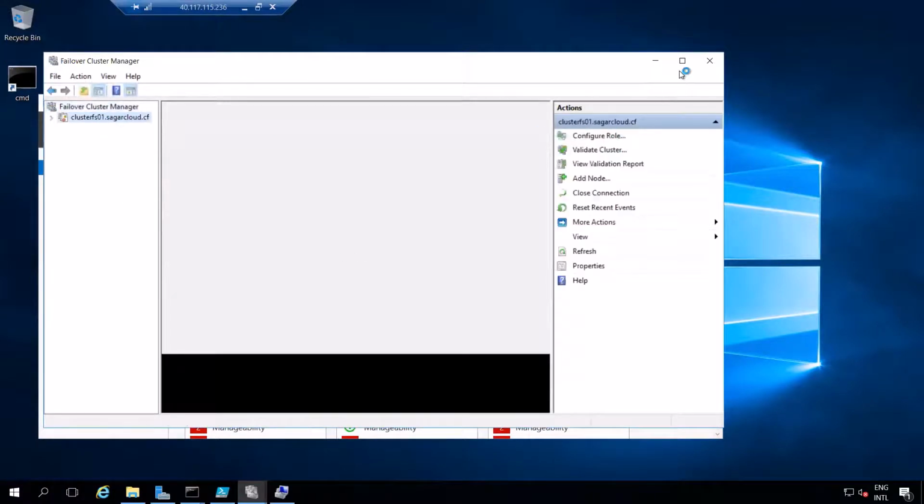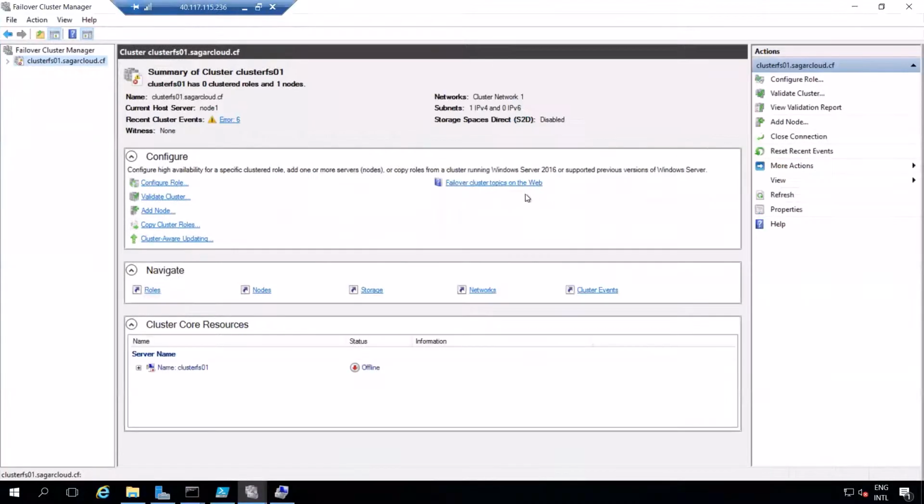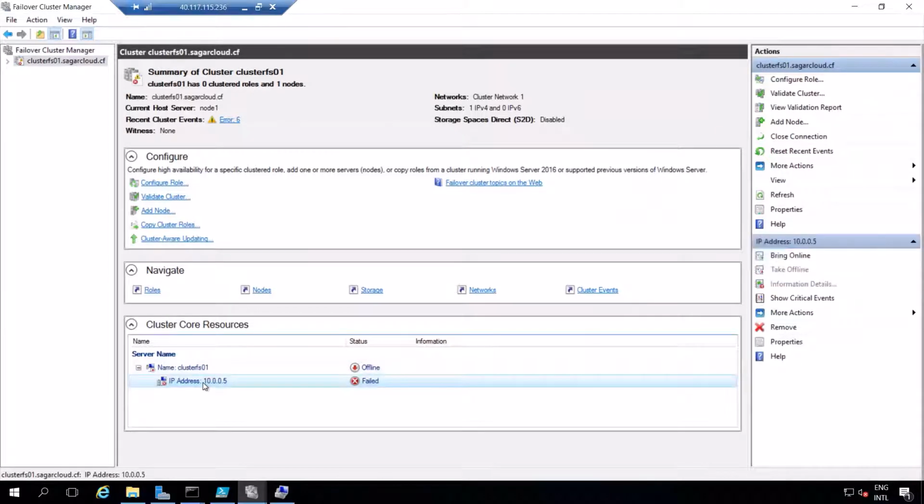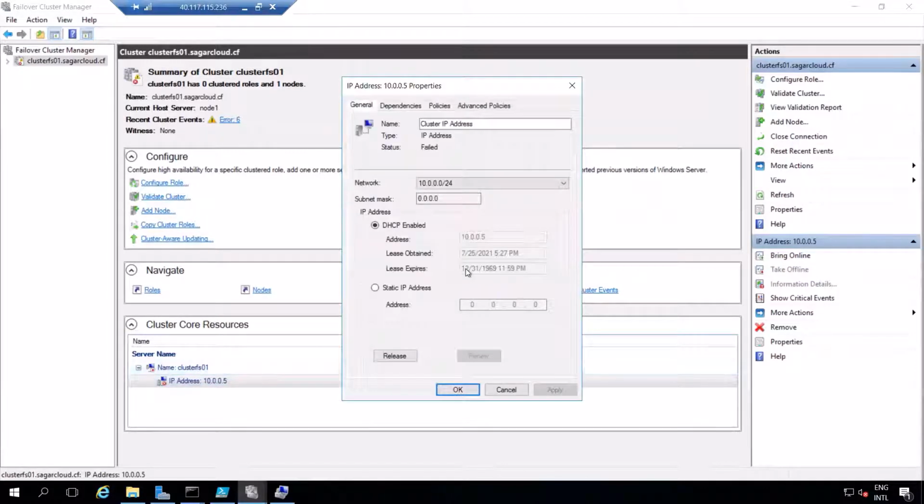Okay. So the first thing I will do now: when you set up a Windows file server cluster in Azure VM, there is some challenge over here. Okay, you can see this right now. The cluster node has taken the IP of the VM node 1. It is not right. The cluster should take the next IP. So I have to do some changes over here. Let me click on static IP. Let me put it 10. Okay, click on OK.